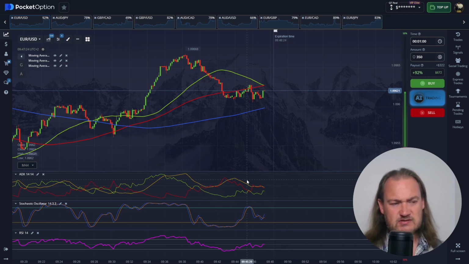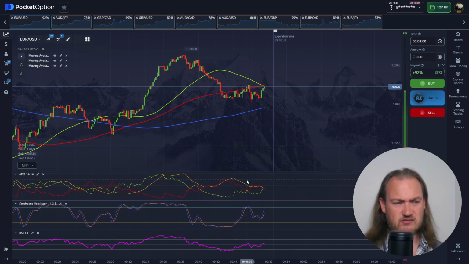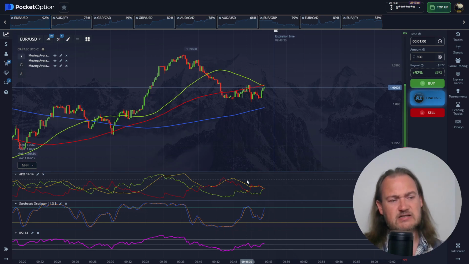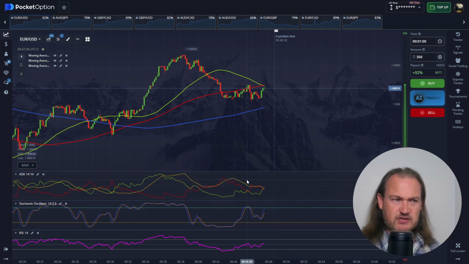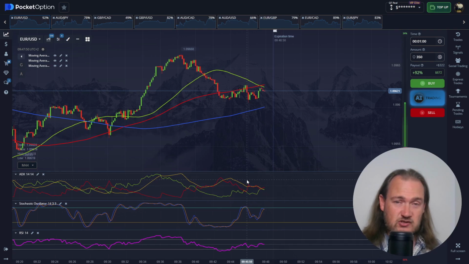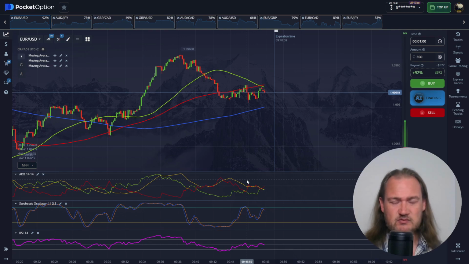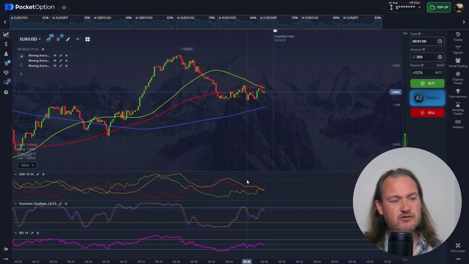A small example that I always use: I've seen a lot of new traders try to use oversold and overbought levels, especially on the stochastic, and they don't understand what the stochastic is showing you. They also don't understand that the stochastic was developed as a continuation indicator, not a reversal. So the correct way to use the stochastic, for example, is that when it goes into overbought levels, this signals a continuation instead of a reversal. A lot of people do the opposite of this. So it's really crucial that you understand